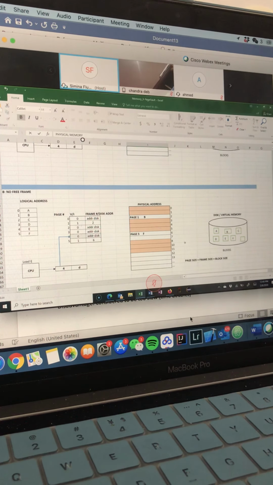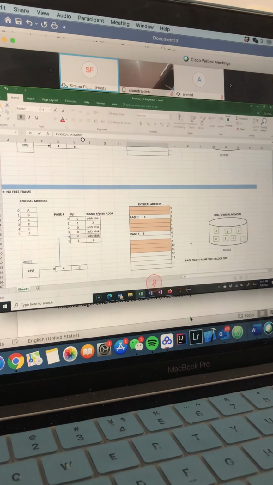So in that case, even if we have other free frames in the main memory, that is irrelevant for the process because the process already used all the frames that it is allowed to use. So from the process point of view, there is no more free frame. It has 2 frames that it can use, and both frames are taken by page 1 and page 5, so there are no free frames.